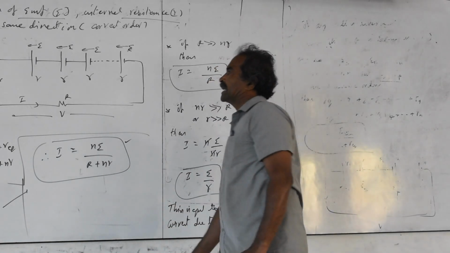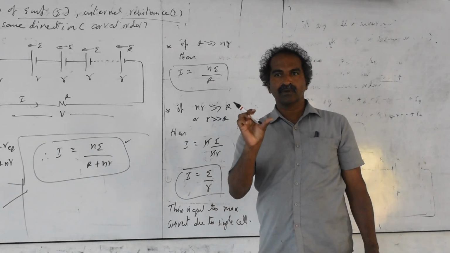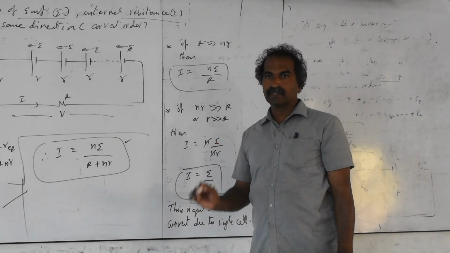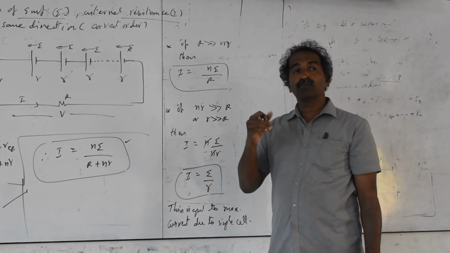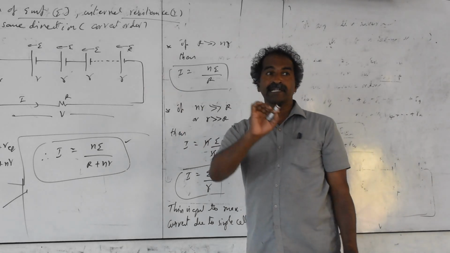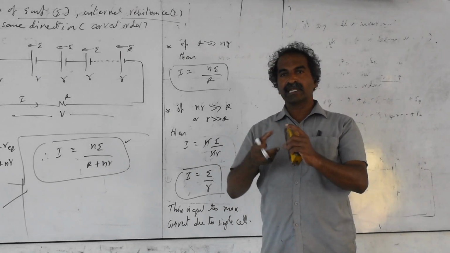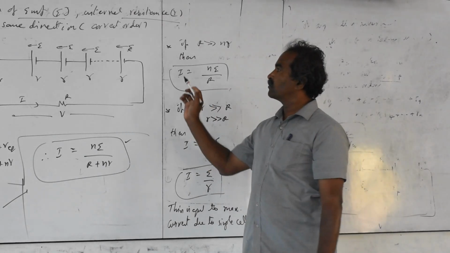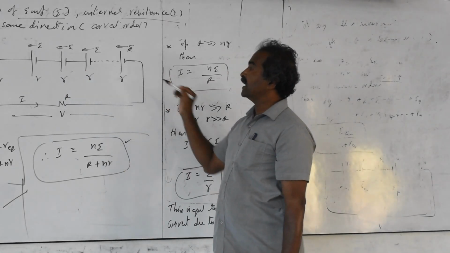In your houses, generally in torch lights and radios, cells are used. The cells are nothing but high internal resistance cells. Small r is very high for them. But we want more voltage there, so we connect them in series. These are identical cells, all with EMF 1.5 volts. Never put cells in reverse order. Some people, without knowing, put them in reverse. Always keep the cells in the same order, plus to minus, and the total EMF becomes equal to nE.